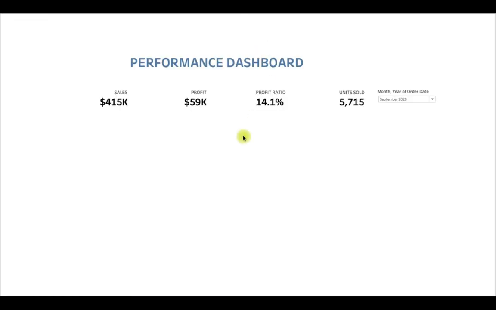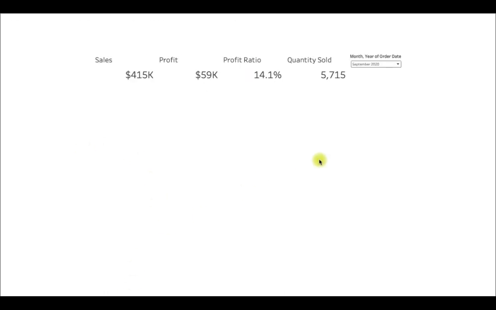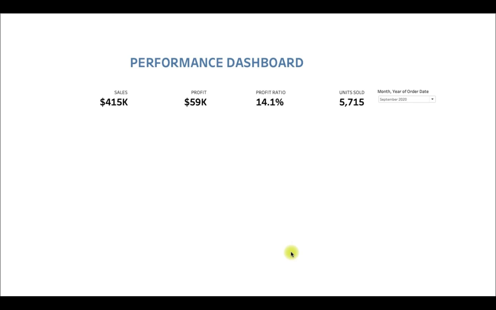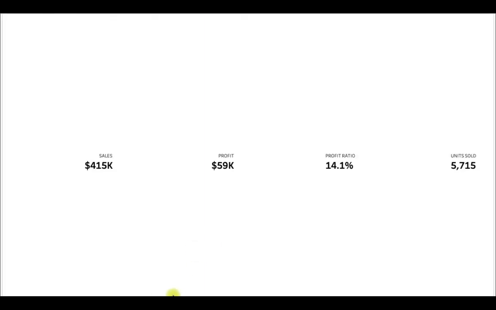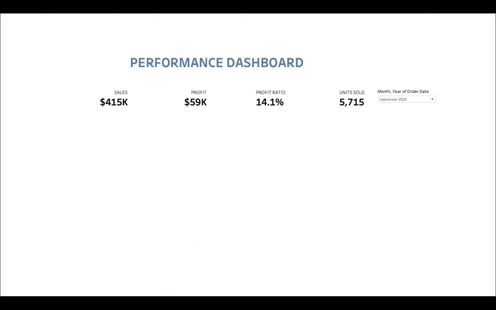So now if you see these KPIs, this looks a lot better as compared to this one. I would say build all the KPIs in a single sheet. That way you will be organized, and it will be more performance oriented. And plus you can apply all filters at once, right?